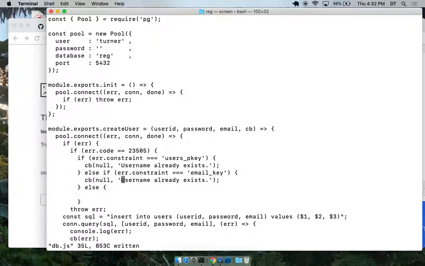And I'll say email already exists. Otherwise, we're going to do cb null. And for the message, I'll do error.constraint so we can get the right value. We'll try to find out what the right value is, and then I can set this to that value. So we're going to do that. That's the error code 23505. That's if there is an error.